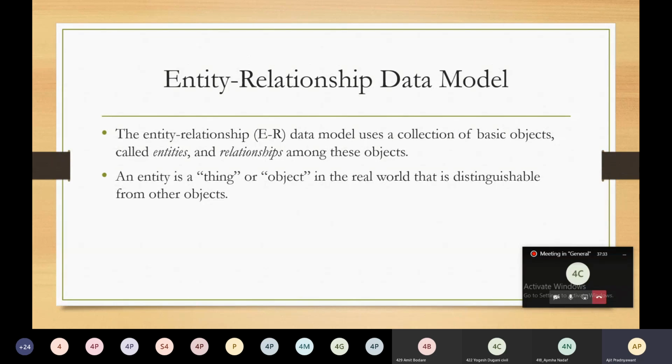Customer is again one entity in the real world. This model is widely used in database design.